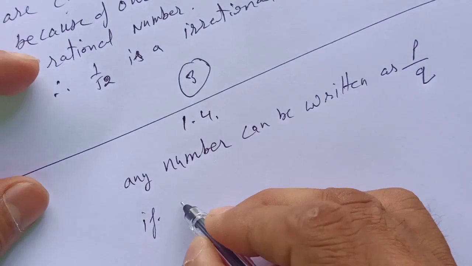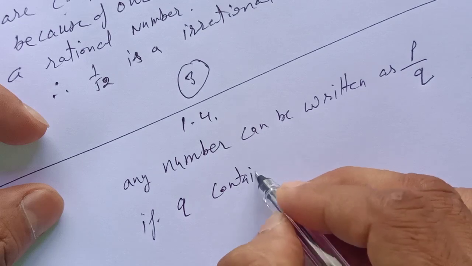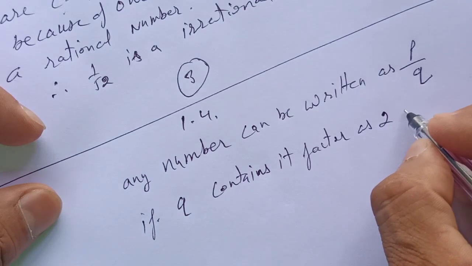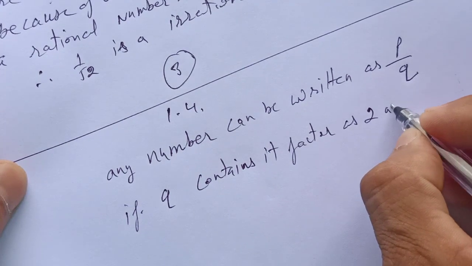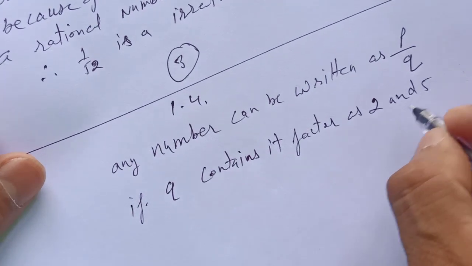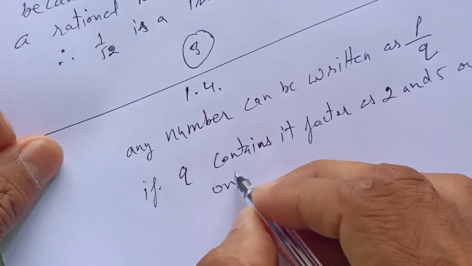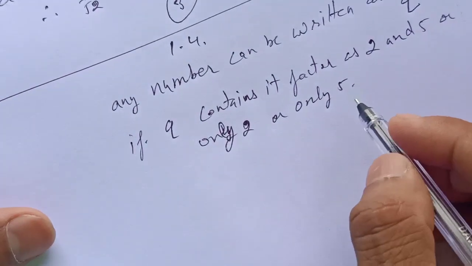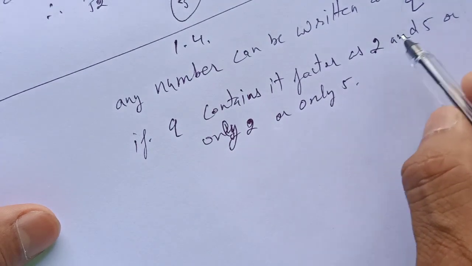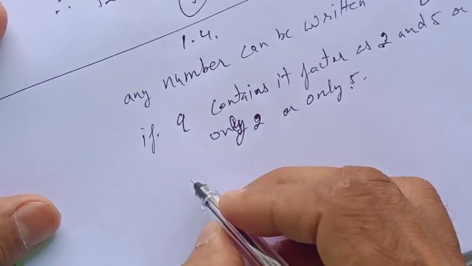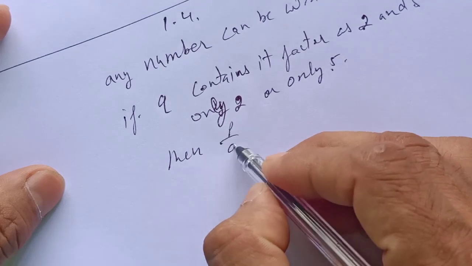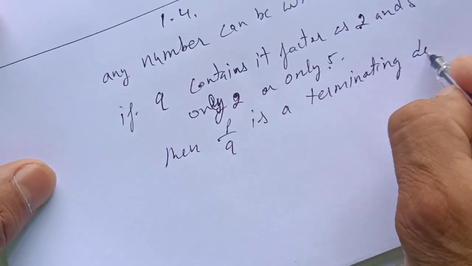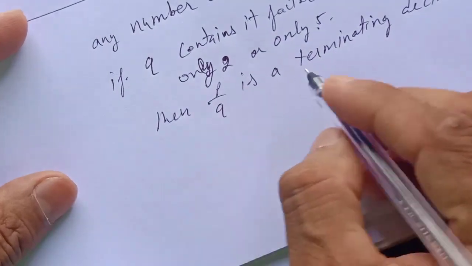If q contains its factor as 2 and 5, or only 2 or only 5, if q has factor 2 and 5, any both 2 and 5, or only 2 or 5, then p by q is a terminating decimal. Otherwise